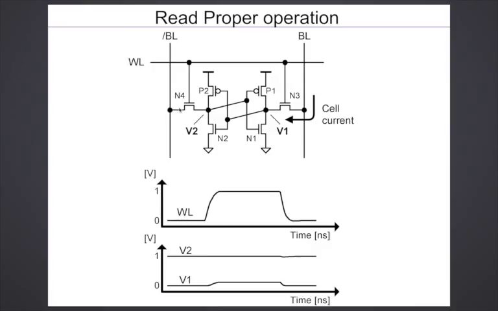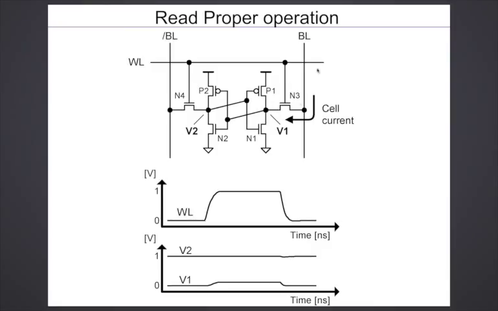So during a read, what you do is the bit line and bit line bar are pre-charged to the positive supply VDD. You turn on the word line, which activates N4 and N3. So that connects the internal nodes V1 and V2 to the bit lines. So the word line goes from 0 to 1, and when that happens, if we say that the node voltage at V1 is 0 and V2 is high, then